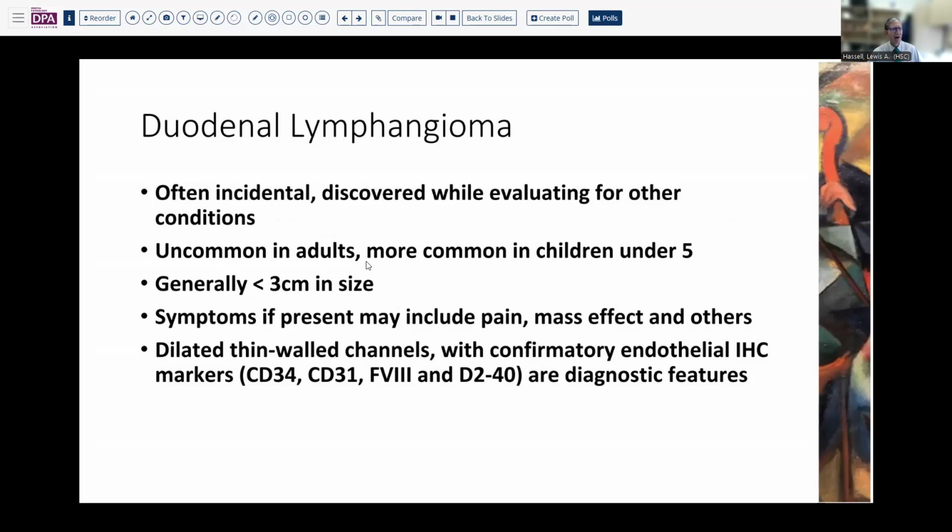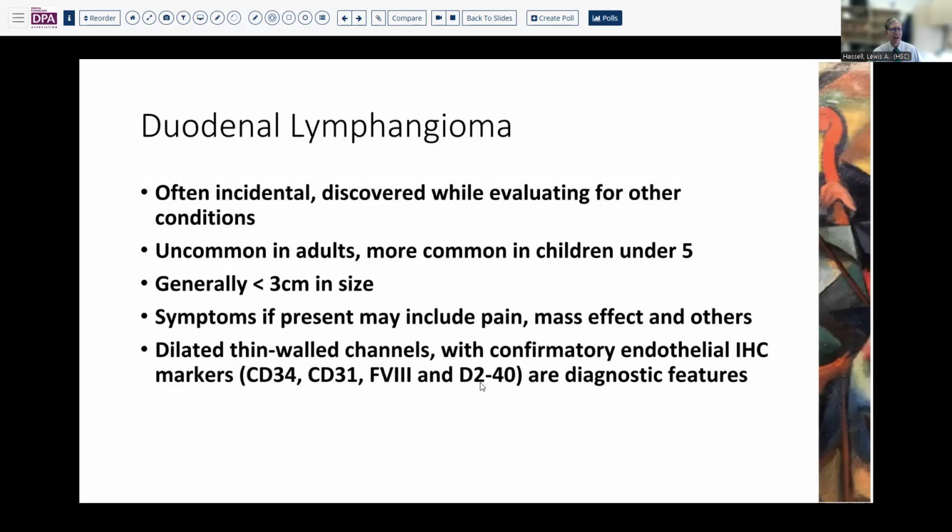And generally, they're fairly small, the sort of size that can be managed with endoscopic mucosal resection, but not always. Now, if symptoms are present, they can include pain or mass effect, other symptoms, failure to thrive, as we have in our case. And essentially, the diagnostic features are those of thin-walled vascular channels that show confirmatory immunohistochemical markers, specifically